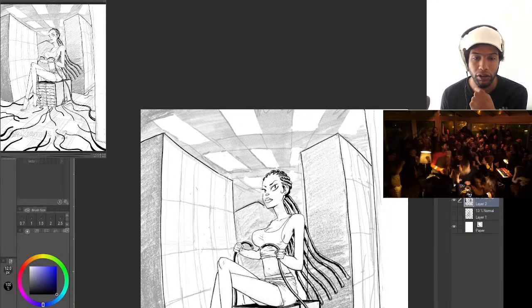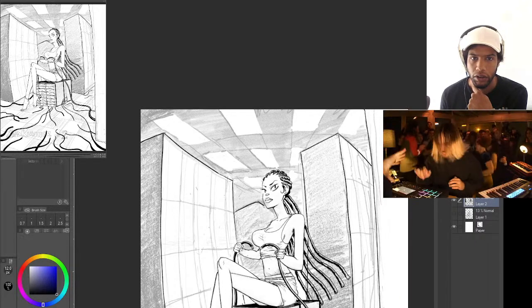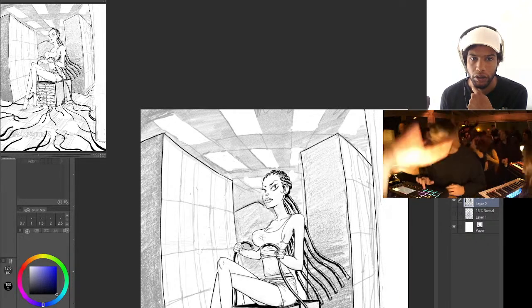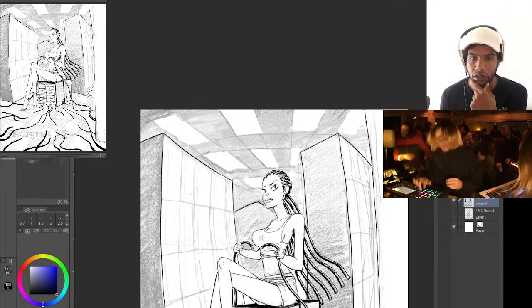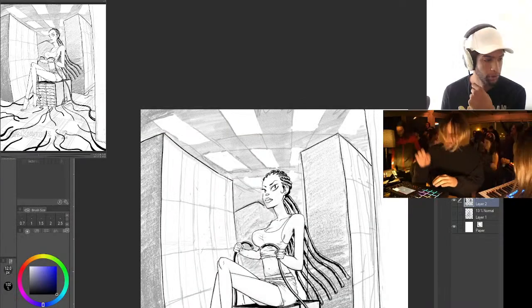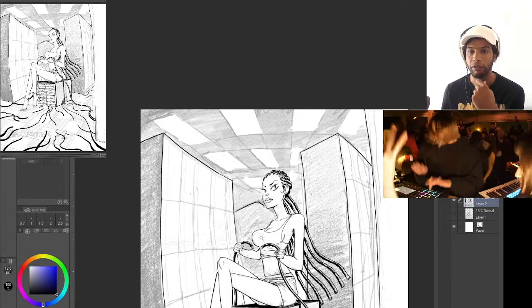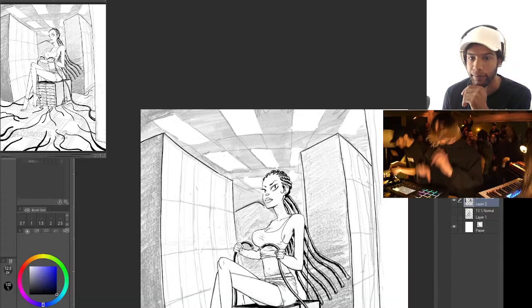I don't understand this. Just let me draw. Hold on one second. Yeah, that's not the way it goes. They just be reconfiguring stuff on their own. Alright.